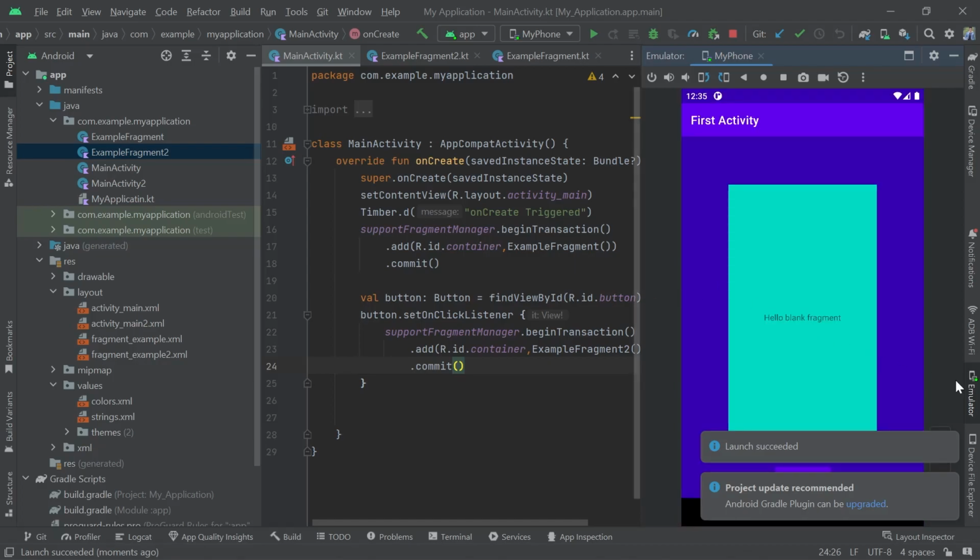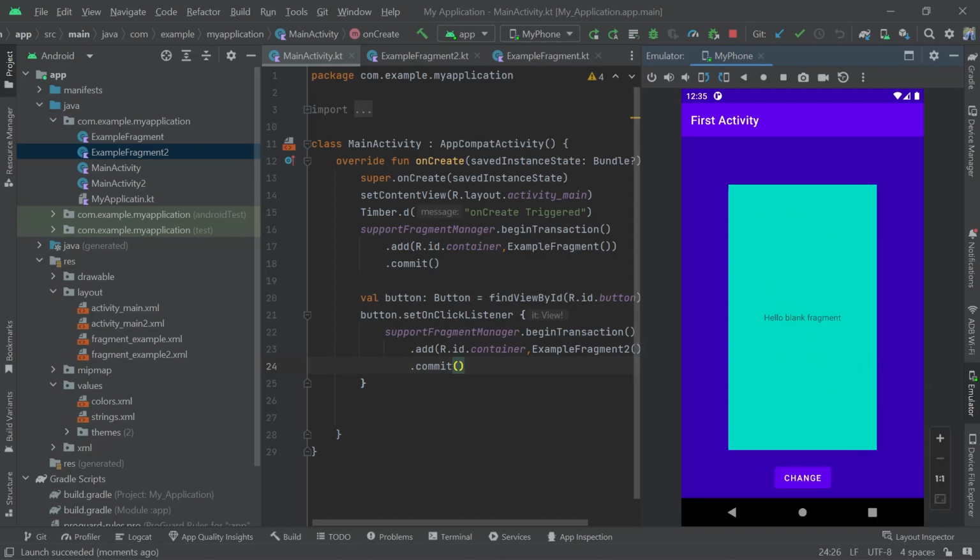So now you can see our launch has succeeded, and first of all we are seeing this first fragment, and that is because we are setting it here. After that, we have to click on this button and transact to our new fragment. So I will just click on this change,